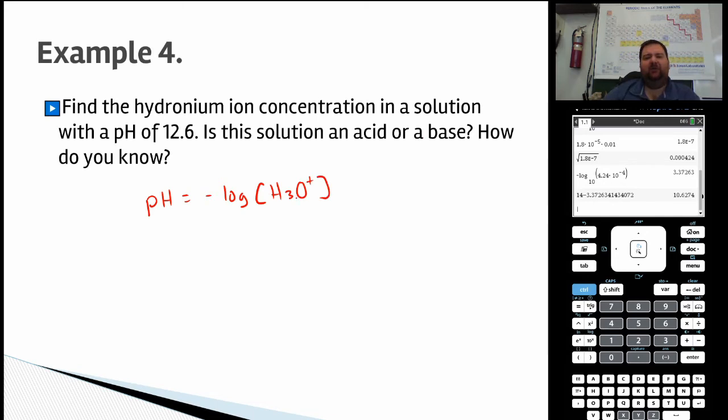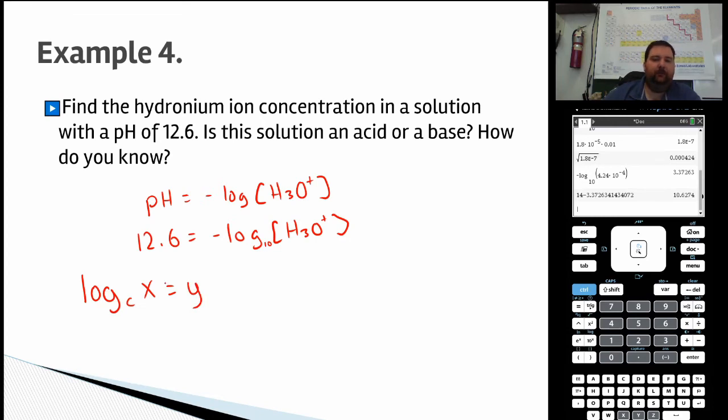How do we find the hydronium ion concentration? Well, we know this one, right? So we can substitute in the pH. Now we have negative log of our hydronium ion concentration. Remember that this is to the base 10. Most of you have probably taken Pre-Calculus 30. And by this point in the curriculum, you would have learned how to convert from a log function into an exponential form function. If you have something to the base of some number, that's going to be equal to some